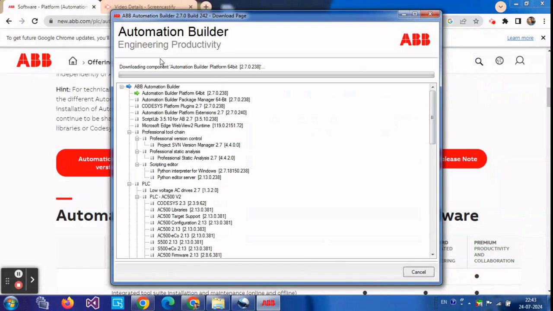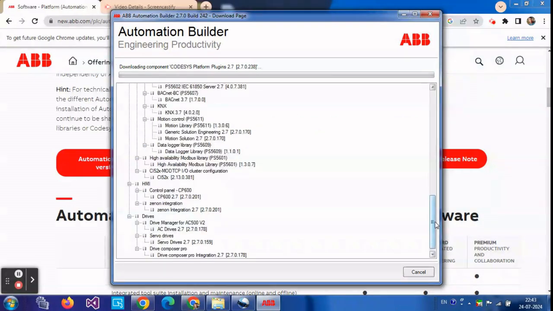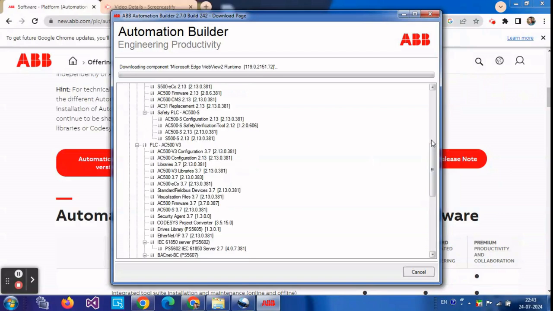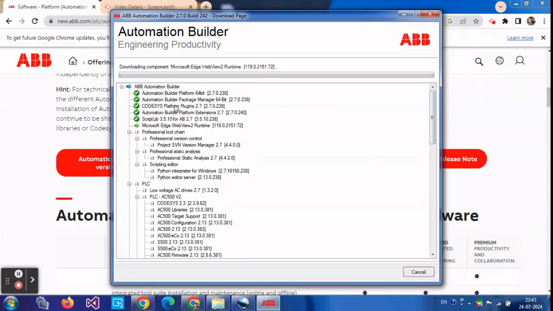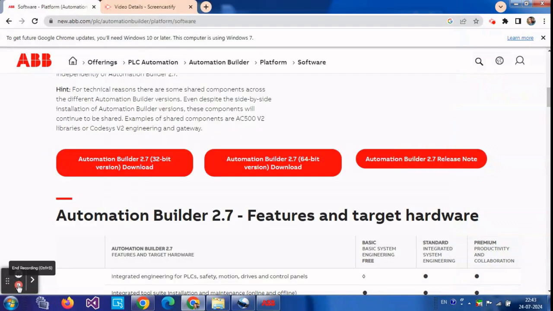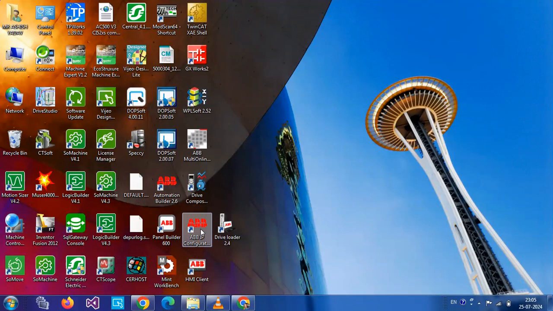And this type downloading done. Then installing done. Then finish the cancel, surface disk type finish. And all ABV software downloaded